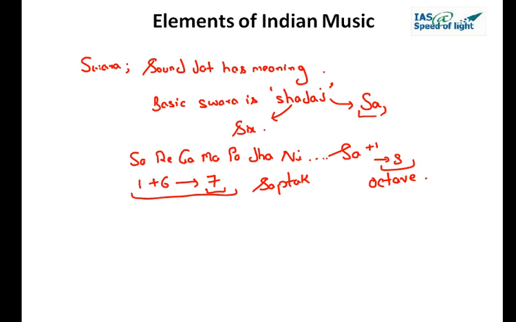Now, one very fundamental difference between Indian classical music and Western music is this: each swar, Sa is one swar, Re is one swar, Ga is one swar, Ma is one swar. In Western music, all these swars have a fixed pitch. Each swar has a fixed pitch. So in Western music you can write it down, you can make a note. Western music has a fixed pitch for each swar,